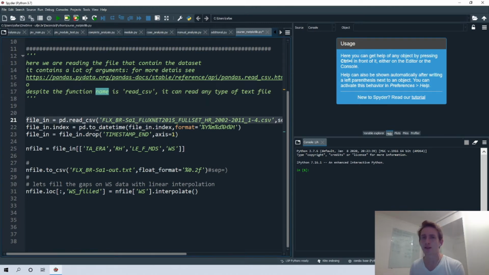Actually, the subplot environment is the same, but when you call the function to plot the graph, it's a little bit different because we need to deal with a variable whose type is data frame.